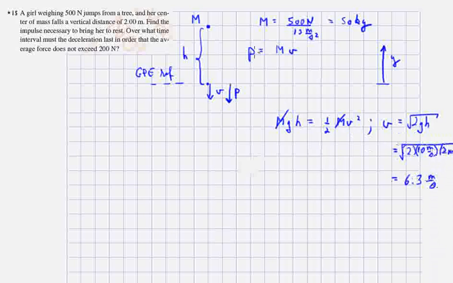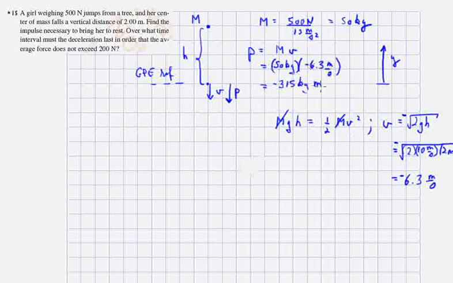And so for the p that she has right here, we'd better put a minus sign on this. The v is down. I had a choice for plus or minus here, and minus is the correct choice. So the p is going to be equal to 50 kilograms times minus 6.3 meters per second. So in other words, that's equal to minus 315